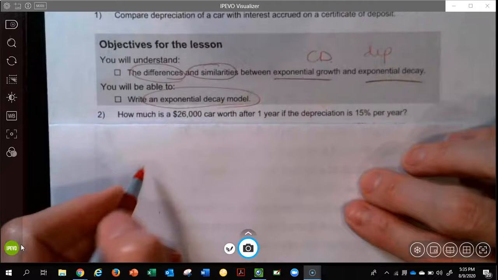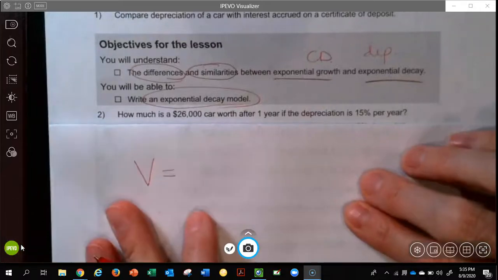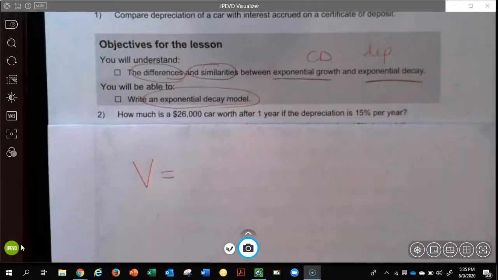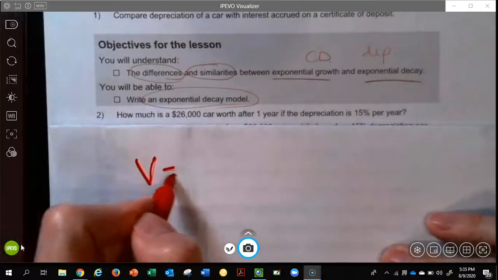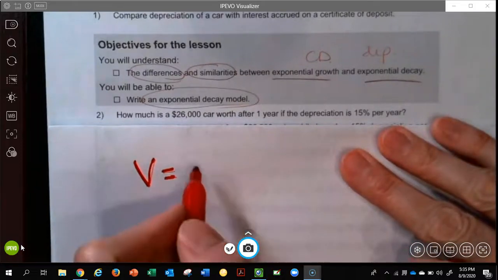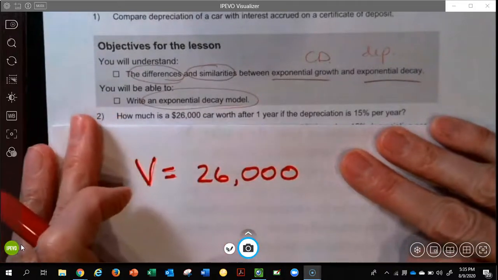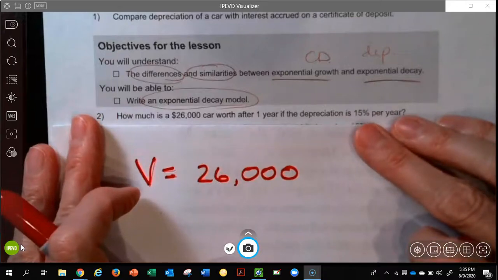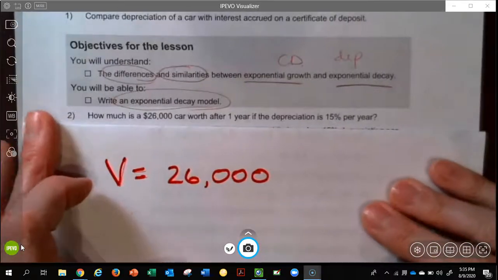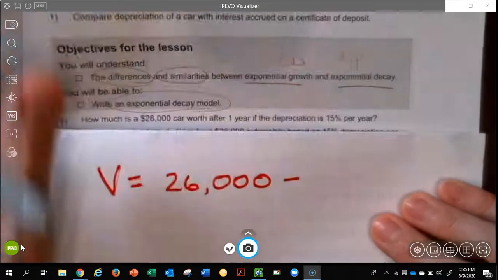So I'm going to say value. The value of our car is going to start with $26,000. But then after 1 year, it's going to go down 15%. So it's going to go down